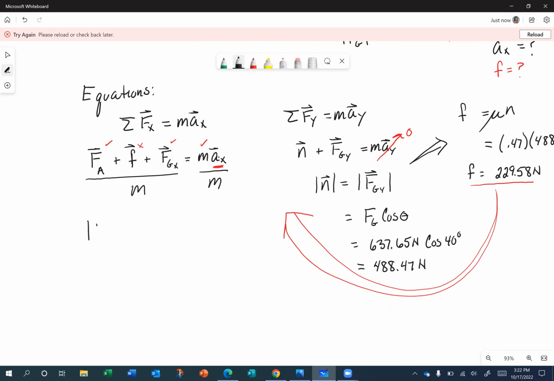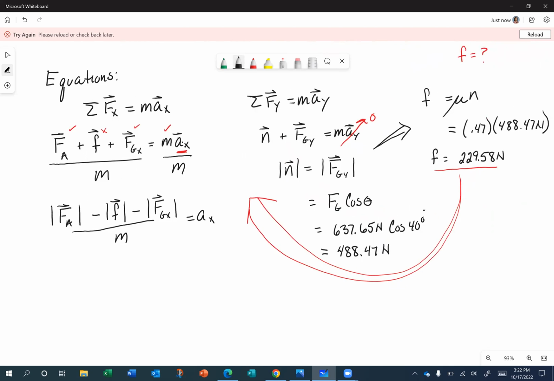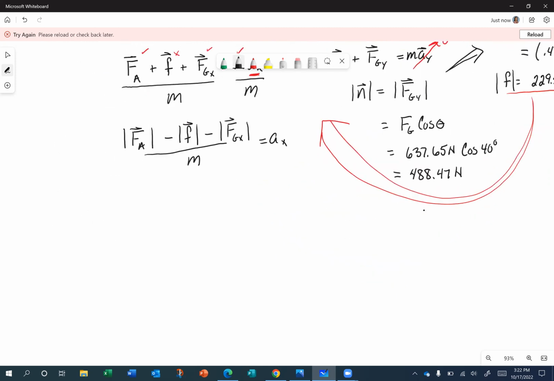And I will get the magnitude of the force applied minus the magnitude of the force of friction minus the magnitude of Fgx, all over my mass, equals my acceleration in the x. So keeping in mind that over here, this gives us the magnitude of the force of friction. It always opposes motion, right? So over here, we have the force applied